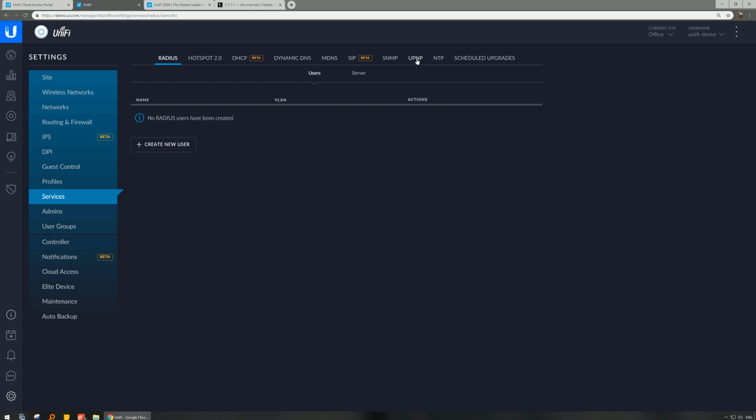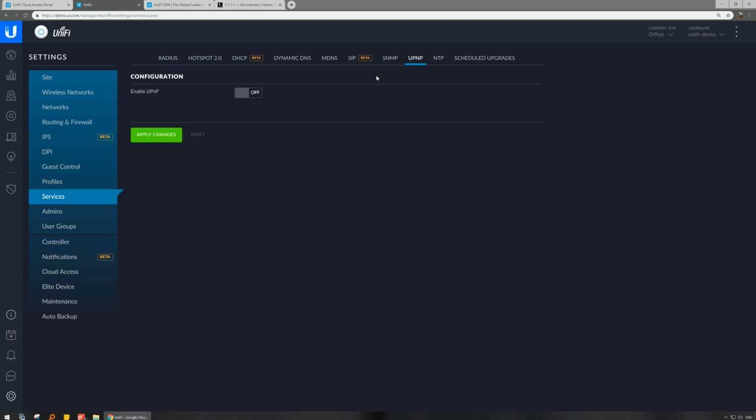In some cases, you may want to enable Universal Plug and Play. This is for automatic port forwarding for certain applications. Typically, this is used on home networks for games and other things, and they'll perform a little bit better if they have Universal Plug and Play enabled. By default, it is turned off in the UniFi system. To turn it on, you just hit on, and you can select which networks you want it to be enabled